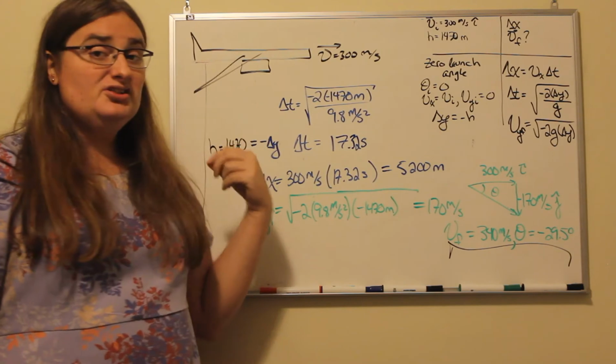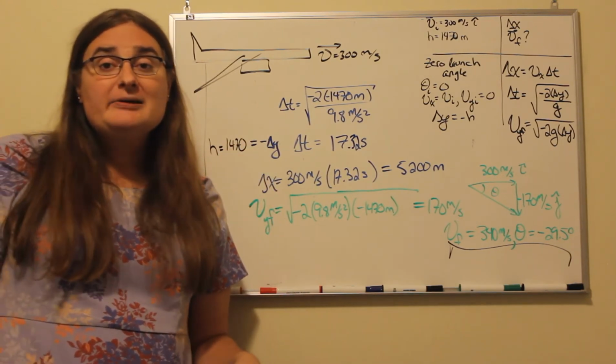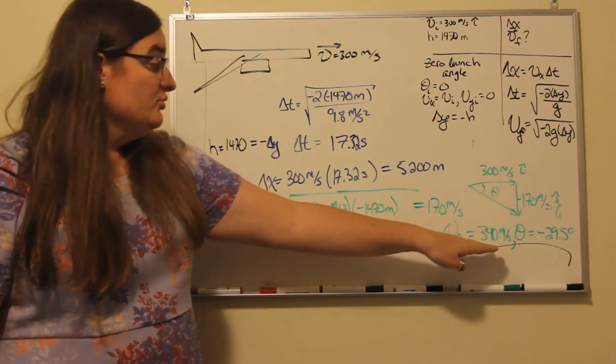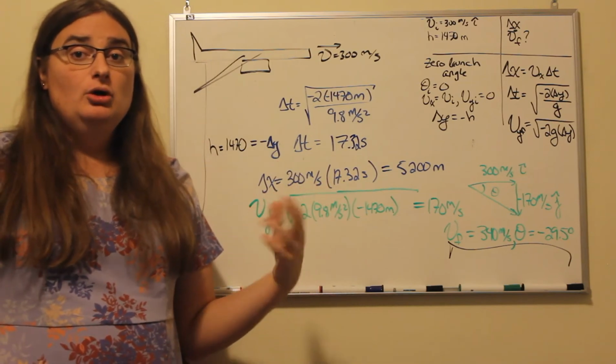And if these are things that are potentially fragile and we don't want them to break, then we would need to do something in order to lower that speed. So what can we do? Well,